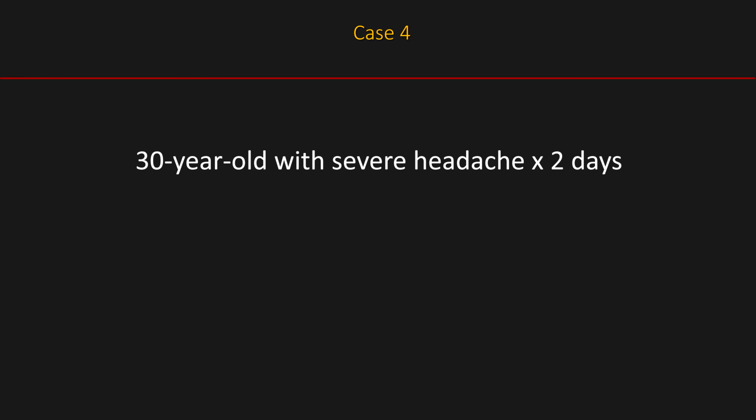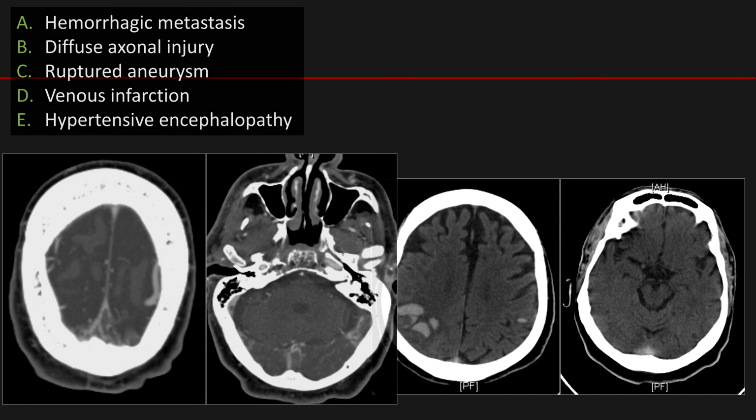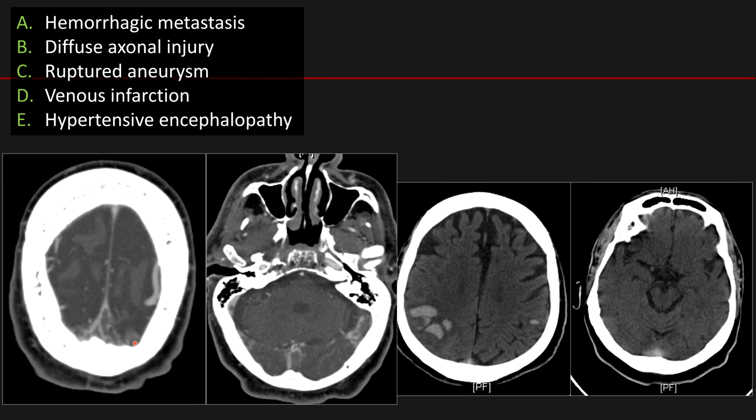Next case, severe headache. On the non-contrast CT, you can see there are multiple areas of acute parenchymal hemorrhage. On the non-contrast, in the area of the posterior superior sagittal sinus, that density is too high. So now I'm concerned about acute thrombus within. When you suspect that, of course, you want to do a CT venogram, and sure enough, you see an empty